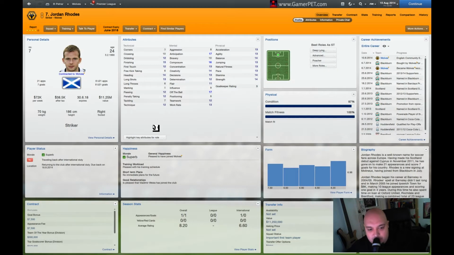So they told me to get this guy. Well, 15 finishing, decent, not bad. 14 heading, decent, not bad. But then off the ball, composure, who's very important, anticipation. And checking his history,